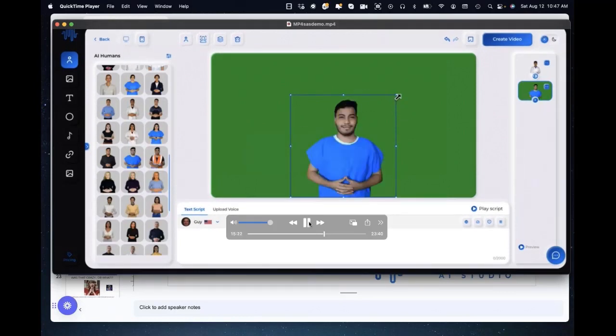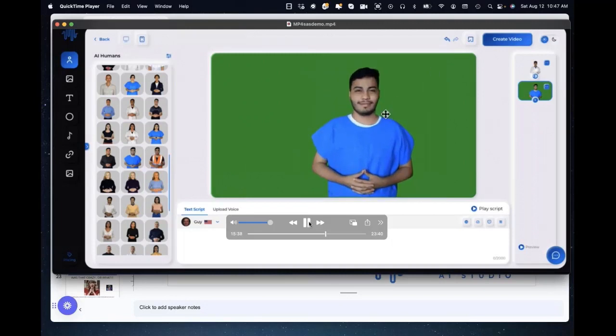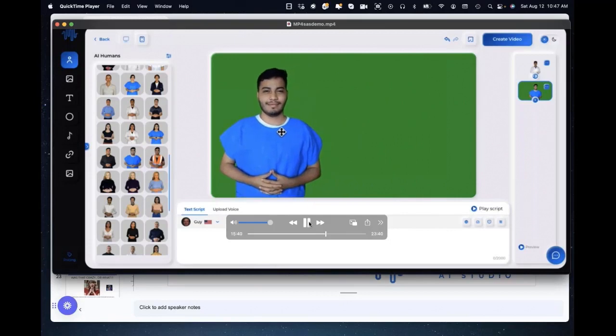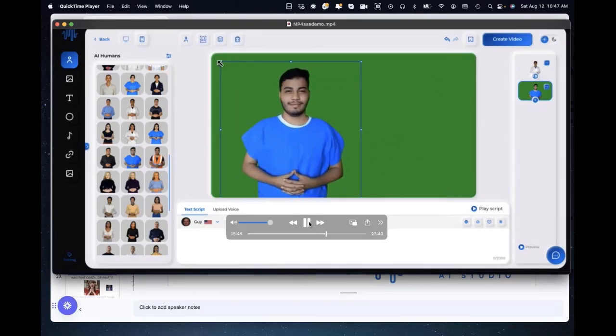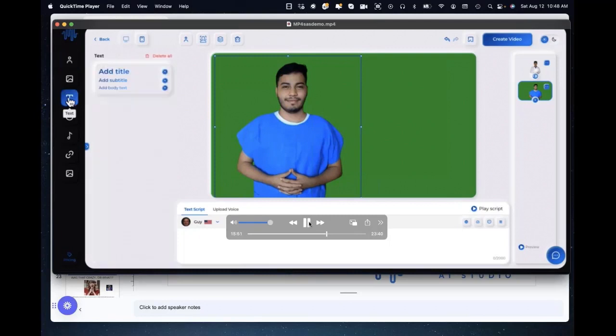Okay. Now I want to point out that this is my favorite part of all, and that is putting it in front of green screen. I'm known as the green screen guy because I've been doing green screen since I was on television doing weather since, believe it or not, 1980. So we can make him larger on the green screen because these are high definition images, especially if you have the bundle, you get the best definition. And from there, we could add some text perhaps.